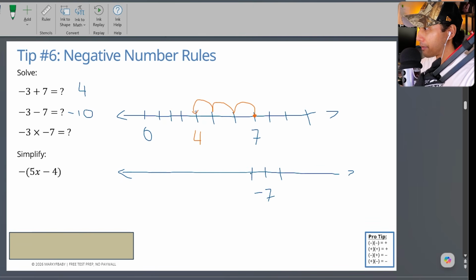So this one, I'm going to make negative 8, negative 9, negative 10, negative 11, negative 12, negative 13, negative 14, negative 15, negative 16, negative 17. Okay. And I'm going to make this negative 6, negative 5, negative 4, negative 3. Okay. So just to give you an idea,